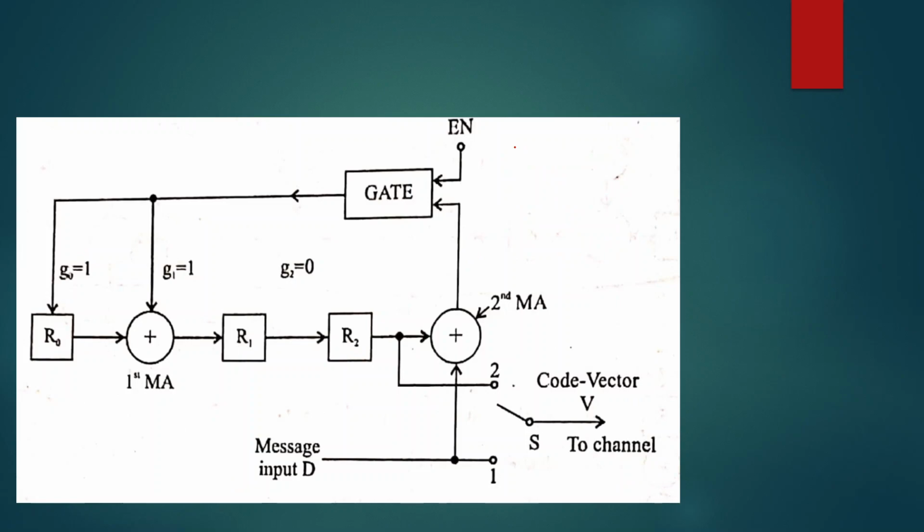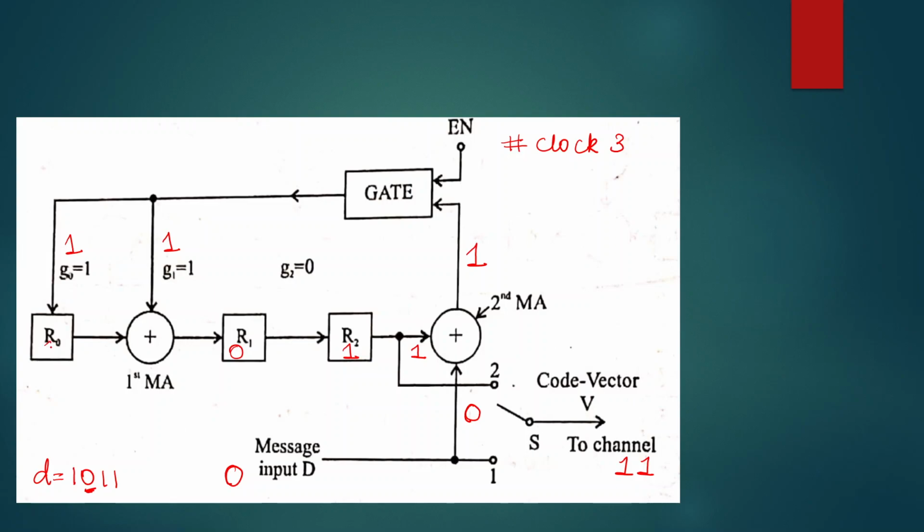Coming to the next, this is clock cycle 3. In clock cycle 3, I have already sent 2 bits now. The third bit in my data sequence 1011 is 0, which is the one I need to send. Now the previous contents of the shift registers are 101. 0 modulo 2 added with 1 is 1, so you are going to enter 1 and 1 over here.